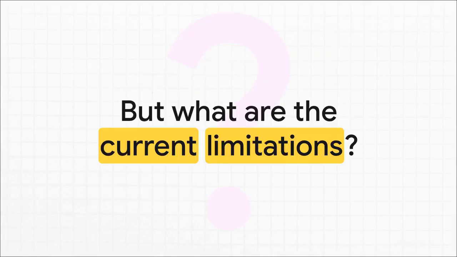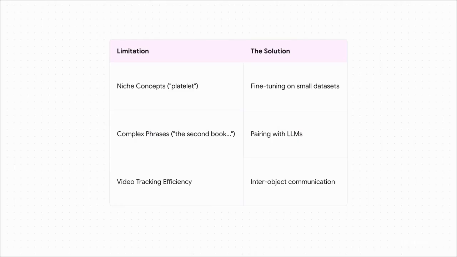All right, now let's be real for a second. The technology isn't perfect, and being open about its power also means being honest about where it's still got some room to grow. For instance, it can still struggle with super specific jargon, like scientific or medical terms, or with complex sentences that require some real reasoning.